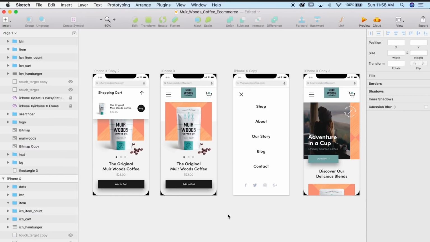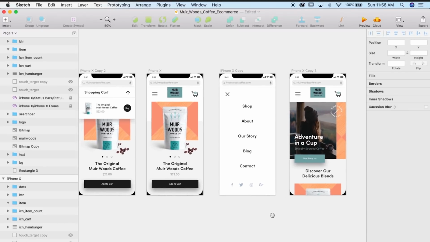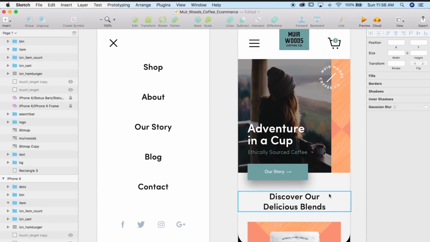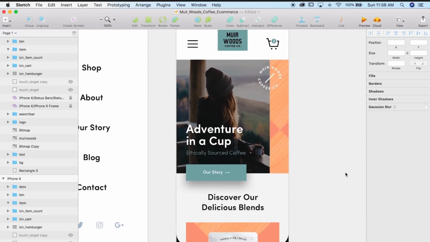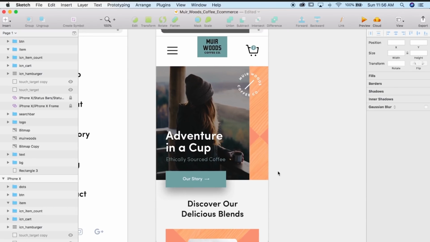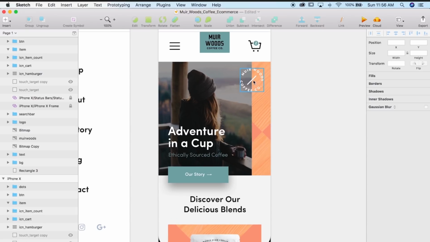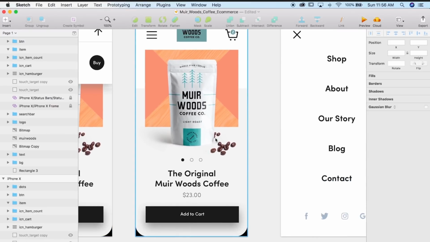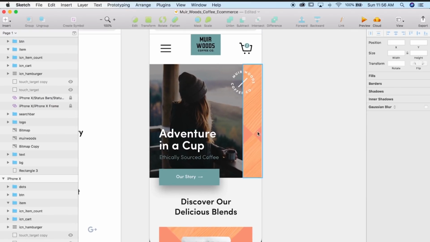All right, for the sake of time, guys, I went ahead and designed some other elements and pages. So I've got a home page here, a nice welcoming screen with a nice little message. Adventure in a cup is what I came up with, just placeholder text. I've also got the same little badge element that I have on the packaging from here. I think it's nice to tie those things together. Maybe this would actually slowly spin on the site. That'd be kind of cool. Can't do that in Sketch though, unfortunately.